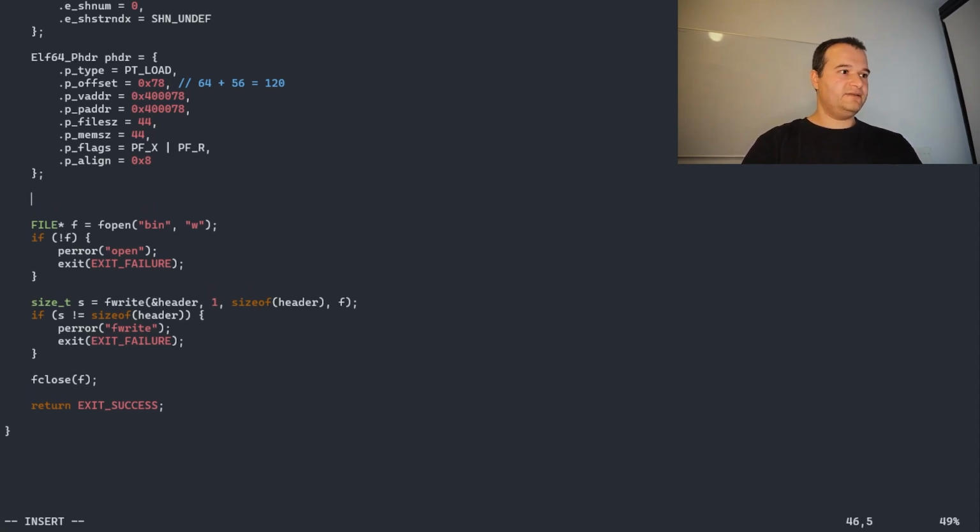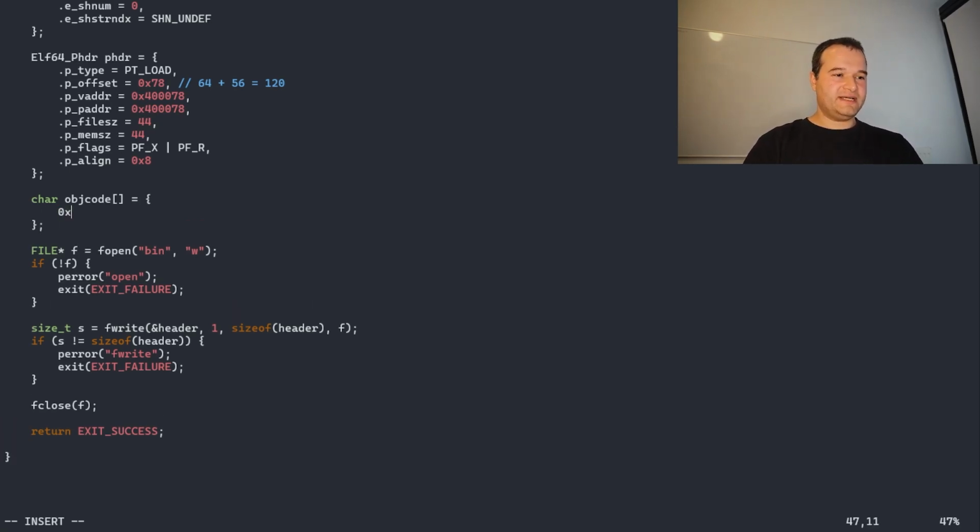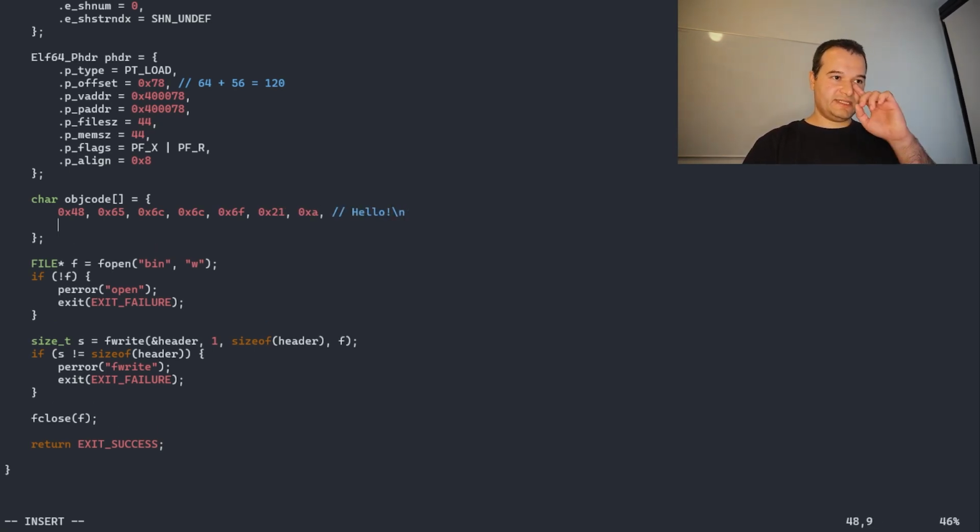And now we need our bytecode or object code. We are not writing Java. So we will start with the hello string. Let's write it the same way how it is in the hex dump. So this was this line, but we continue it. So this was in the assembly. This was mapped to its own memory page as a read-writable page. But now we put it together with the executable code, and now we start with the B8 and the others